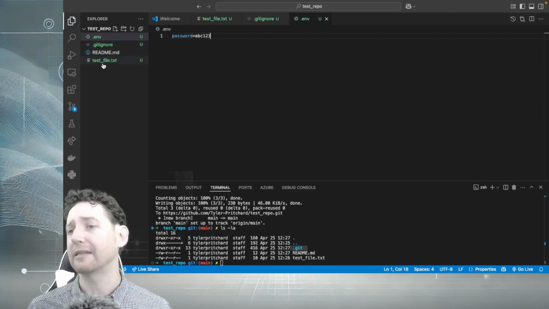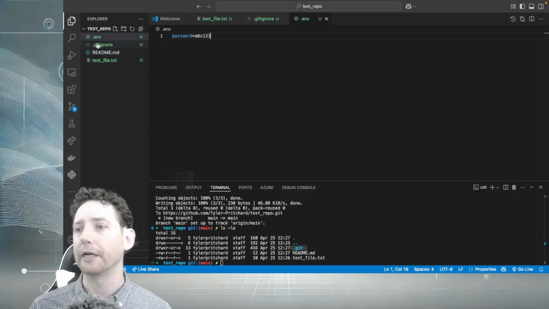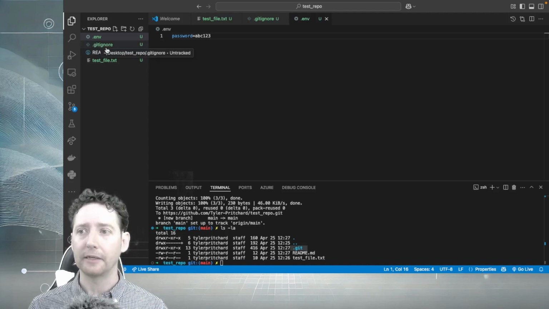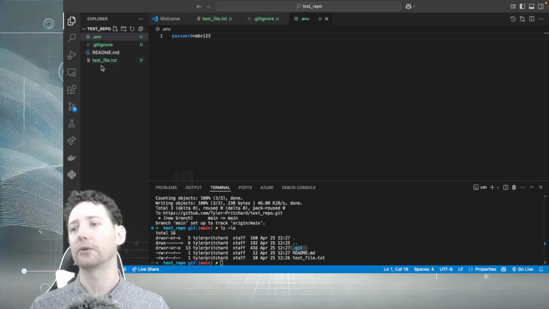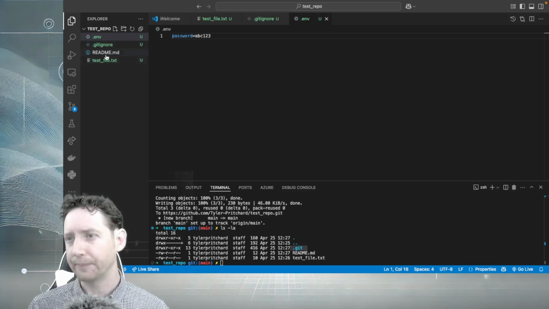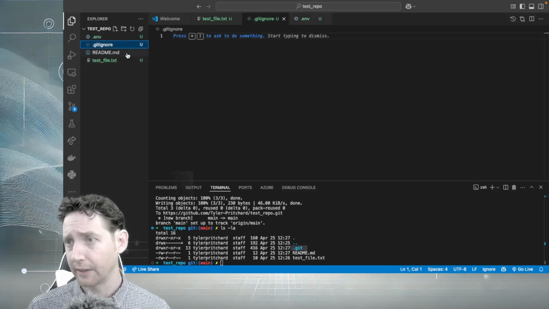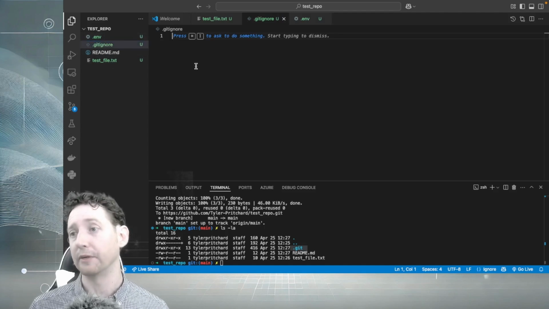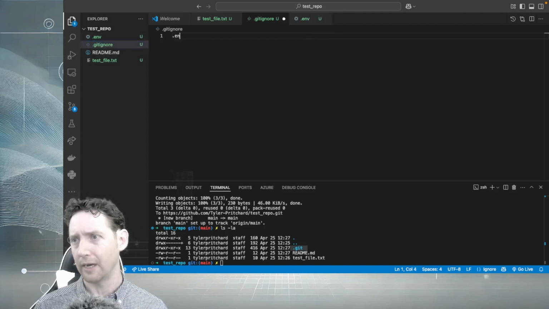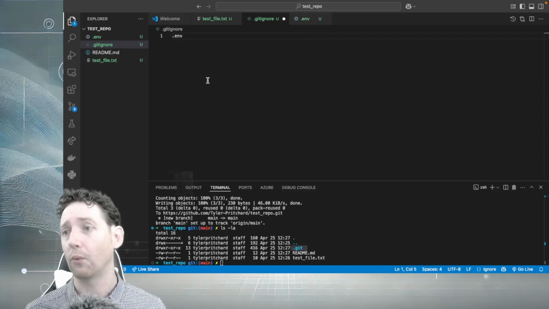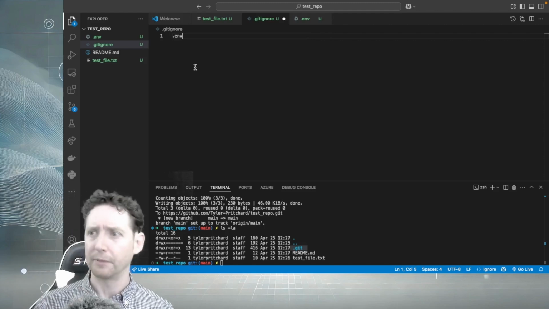And notice that as I save these files, they're turning green. That's because they're being added to Git tracking. At this point, all of these files are being tracked. The git ignore, again, determines which files we ignore. So I'm going to add my .env file on here because I don't want my password being pushed up to the internet.